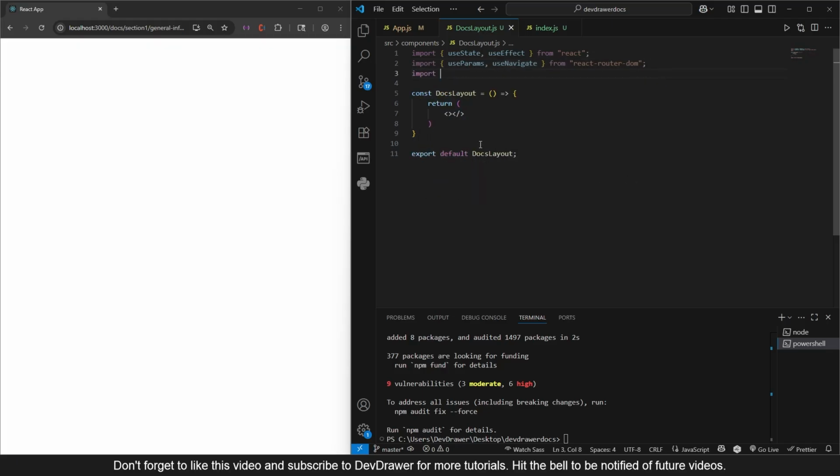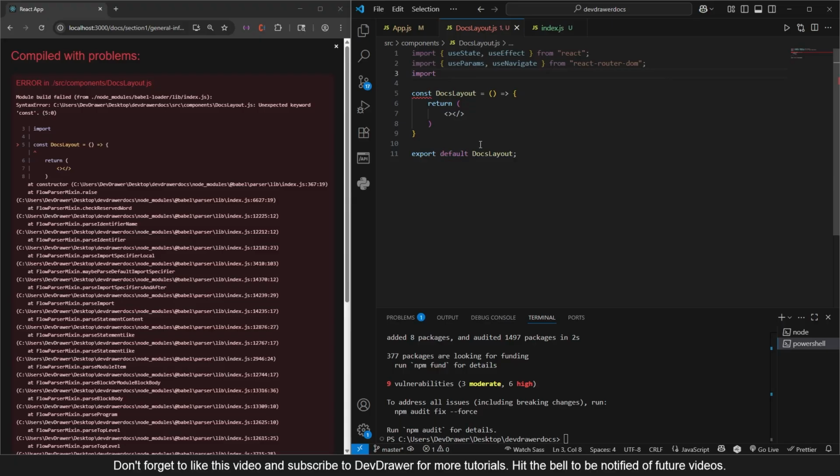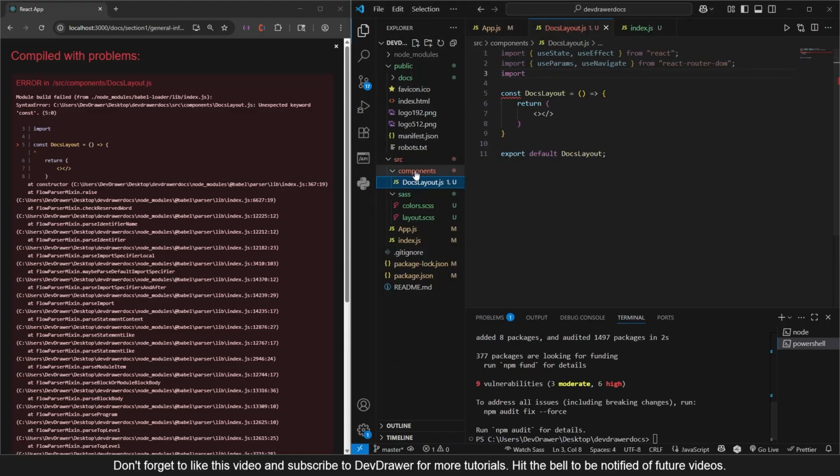And then we're going to import the Markdown renderer, which we haven't created yet. I can't render the Markdown without creating the Markdown renderer. So the Markdown renderer is a lot as well. So I don't know if I want to go over the entire thing in this video or just give you the file. Here, let's go in here. Let's create a new file, and we're going to call this one